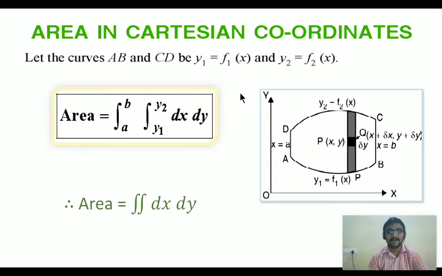Don't forget the formula. To find the area of a given closed region, we just have to compute a double integral with integrand function as 1 and order dx dy. Just compute the limits of the double integral and then evaluate the double integral, which gives the required area for Cartesian coordinates. Not only for Cartesian coordinates, we can compute the area for polar curves also. Next concept,